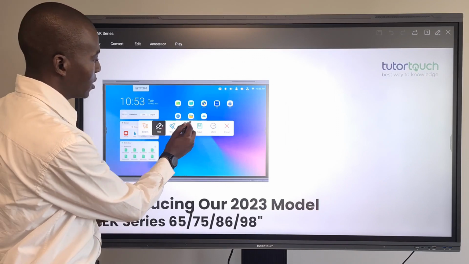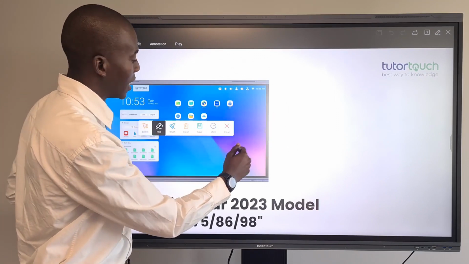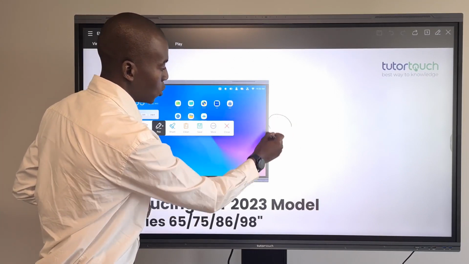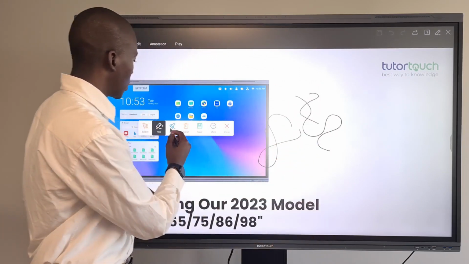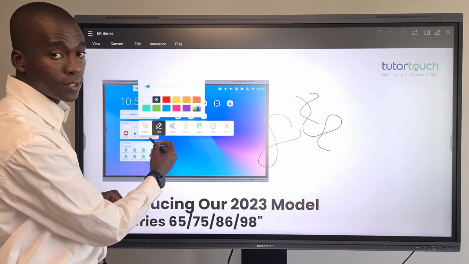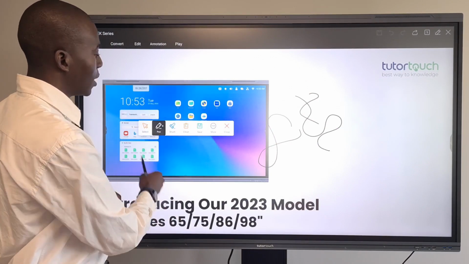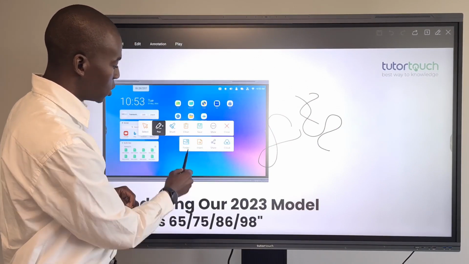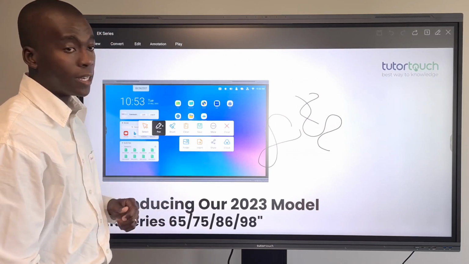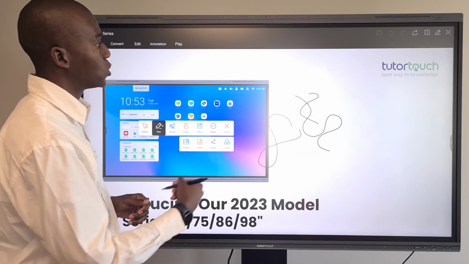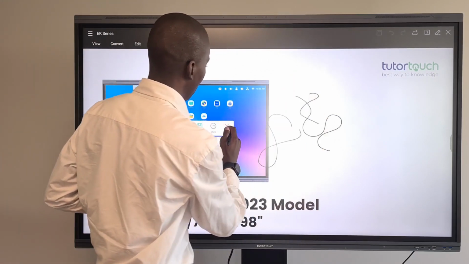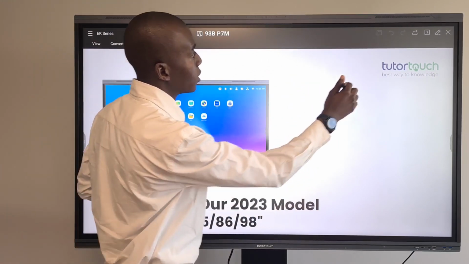Once you have that open, it allows you, by freezing anything that's on the screen, to annotate over your PDF documents, and you can use a variety of different colors for your pens. And once you're done with that, you have the option of sharing the document and being able to have it on any other device. Another way that you could use to annotate on your PDF document besides the mark feature is on WPS,